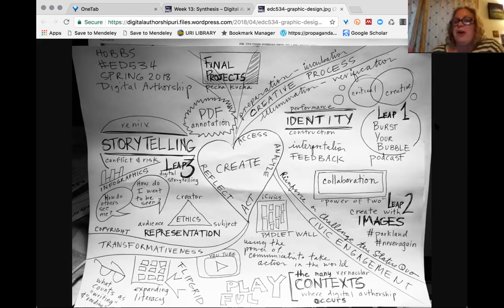Which is life, but also this class. In life and also this class. And you know what my problem was as the designer? I wanted to put some things closer together. And then I realized I couldn't put everything equally close together to show that they were related. Truthfully, I think identity is related to a lot of things that are on the other side of that chart, but I couldn't put everything together.